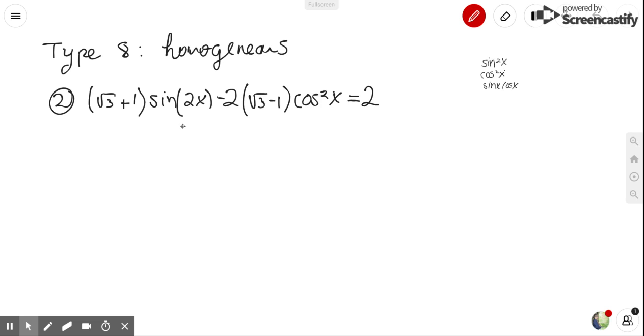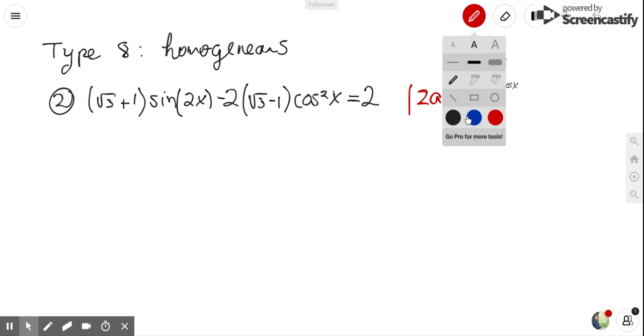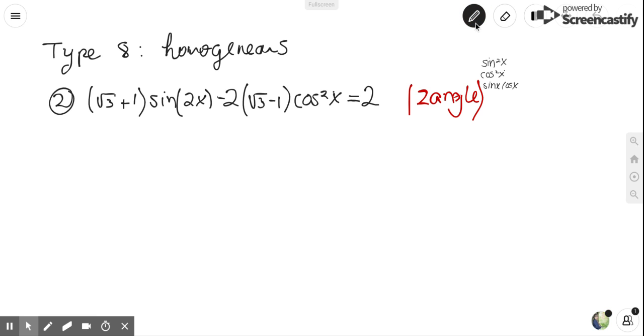The first thing I notice is that we have a 2x here and an x here. That's a problem. We need to have the same angle. So to get the same angle, we're going to use a double angle formula for sine. If you don't remember it by heart, please go and check your sheet. I'm going to write it down anyway. The formula is 2 times sine x cos x. I'm going to put the 2 at the front just because it's going to look nicer. And here it becomes a sine of x times a cos of x